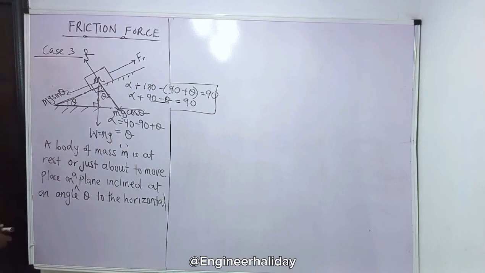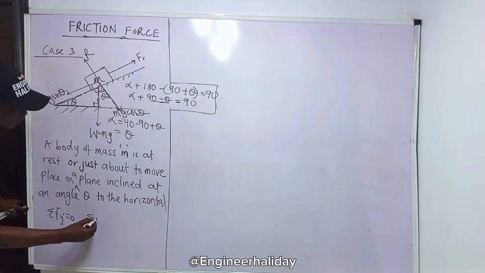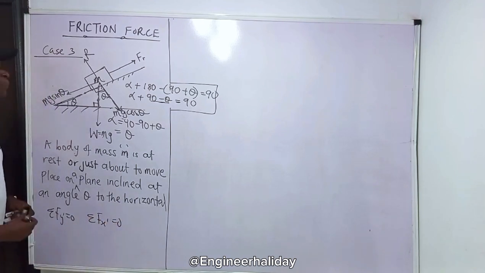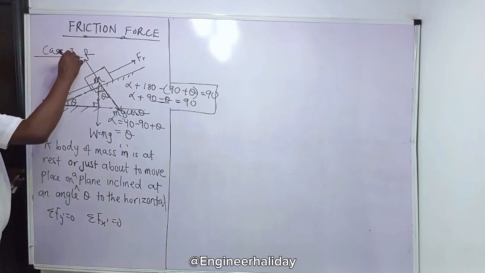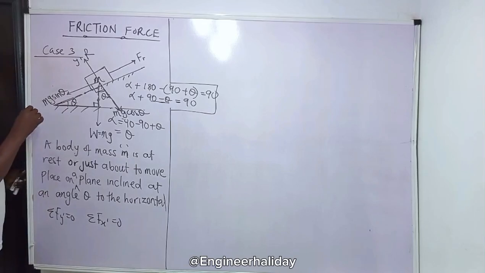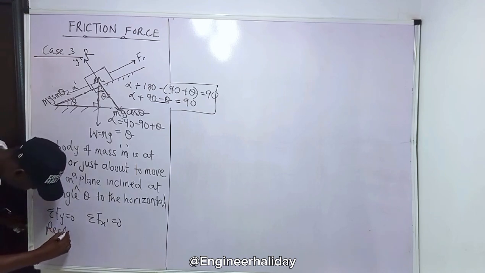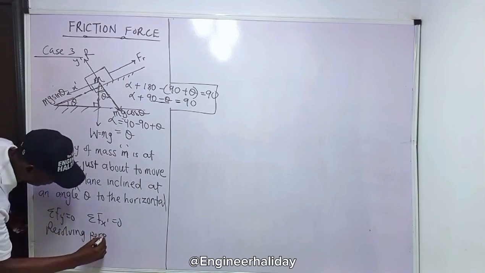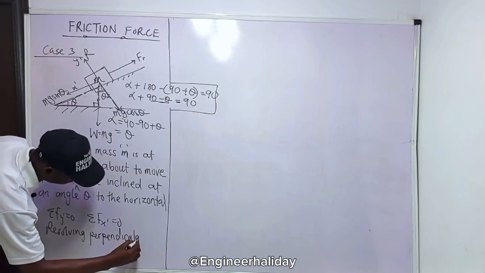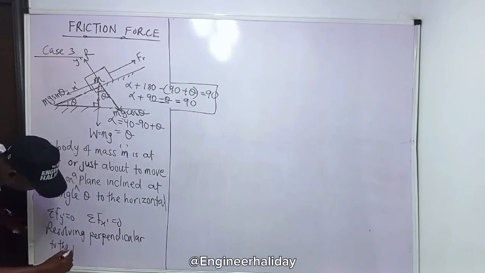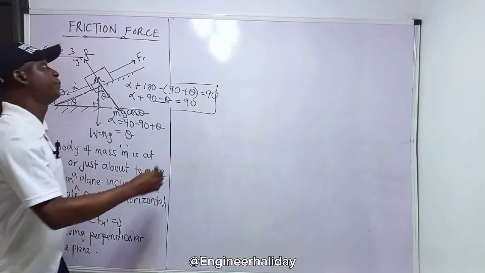Now let us go ahead. For the body to be at rest, that means sigma Fy' equals 0 and sigma Fx' equals 0. That means the forces along the y component, I call it y prime, and the forces along the x prime will be equal to 0. Now y prime is perpendicular to the plane. So let's say resolving perpendicular to the plane, we obtain: